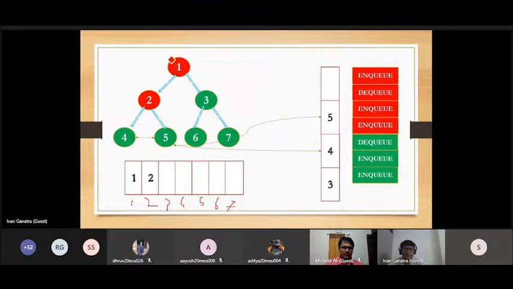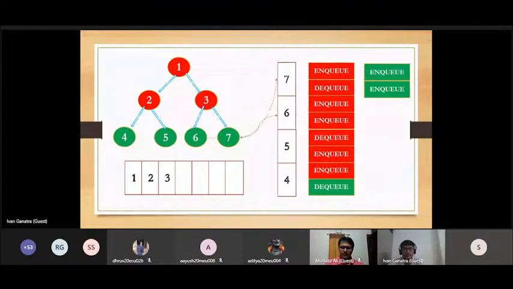सो इसके मुताबिक हमने 1 और 2 को तो प्रिंट करवा लिया है। नेक्स्ट व्हाट वी हैव टू डू, यहाँ पे सेम ऑपरेशन परफॉर्म करना है। 2 को हमने जैसे निकालने के बाद 4 और 5 को डाला, सिमिलरली हम 3 को निकालने के बाद 3 को प्रिंट करवा देंगे एंड उसके लेफ्ट चाइल्ड और राइट चाइल्ड को प्रिंट करवा देंगे, राइट। सो हमने 3 को निकाला एंड उसके बाद उसके लेफ्ट और राइट चाइल्ड जो 6 और 7 है उसको यहाँ से एन क्यू कर दिया। सो आप देख रहे हो कि हमारे 2 लेवल्स प्रिंट हो चुके हैं,